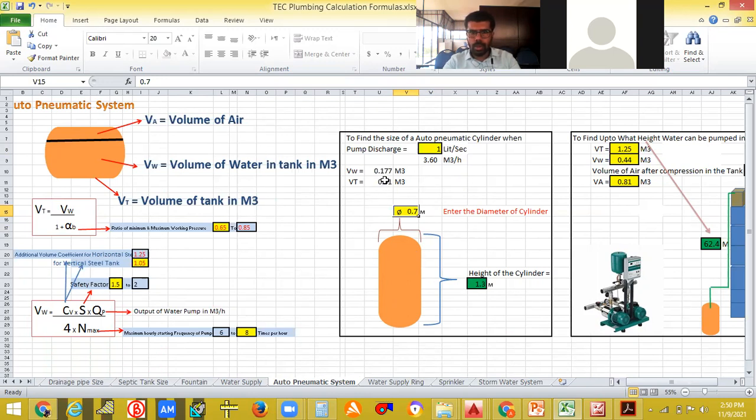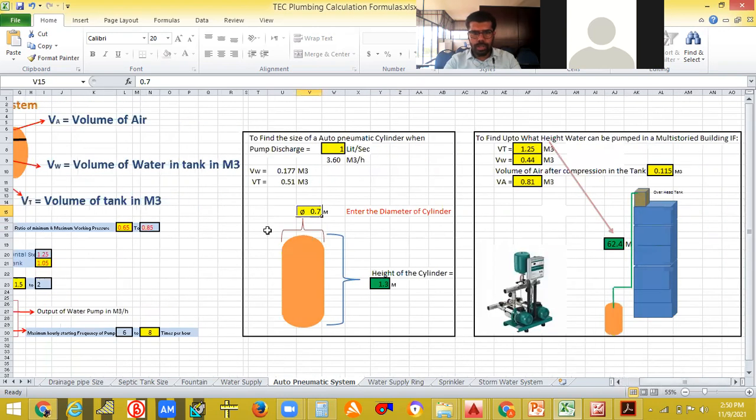VW is 0.177, VT is 0.51. You can give that value here, and you will get how much head you need. So 0.51, you can give it here.